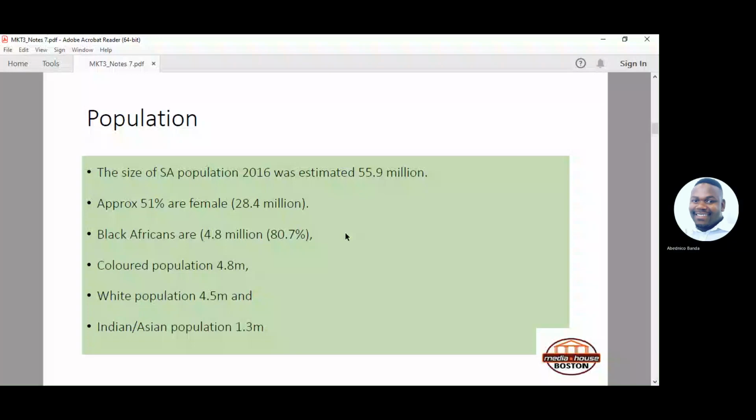Now we look at life expectancy. So what is life expectancy? Life expectancy is actually the expiry date for human beings. It is the number of years humans are likely to live, to survive. The life expectancy differs between countries. You realize that in some developed countries, especially Western countries like the UK, the life expectancy is higher than in developing nations such as those in Africa. You would see